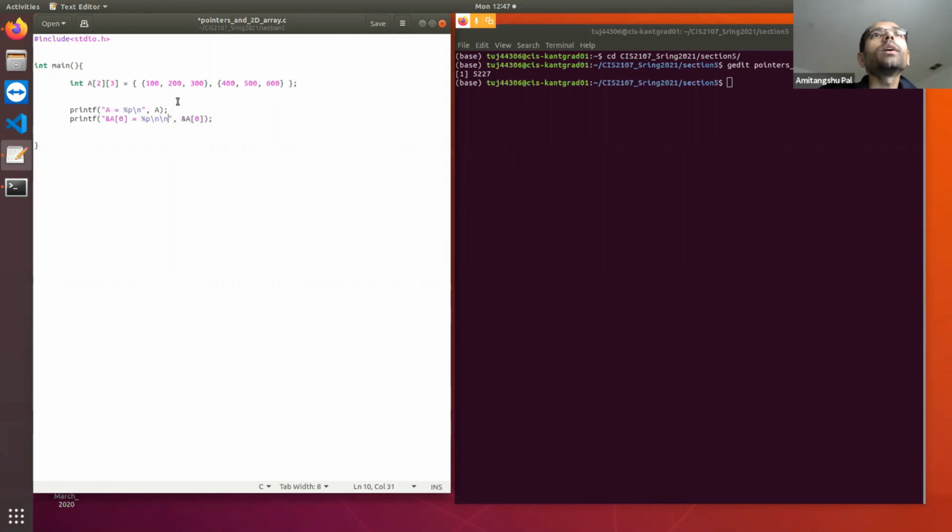So we have learned that A points to the first 1D array of 3 integers, which is A0. So A is equal to &A0. Clear? Similarly, we have also learned that A plus 1 points to the second 1D array of 3 integers, which is equal to &A1.